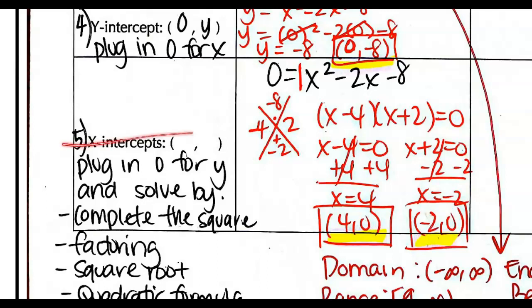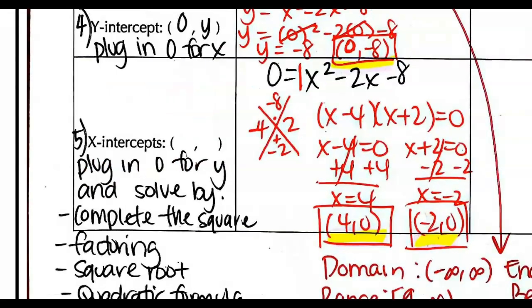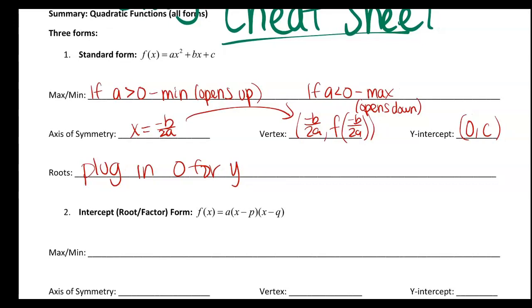Read this out. Plug in 0 for y and solve. Oh, you're so thorough. I appreciate that. Yes, that's exactly it. So I'm not going to write out all of that craziness, but I am going to put plug in or substitute 0 for x. No, 0 for y. That was 0 for y, right? Yeah, plug in 0 for y. And I'm going to put and solve